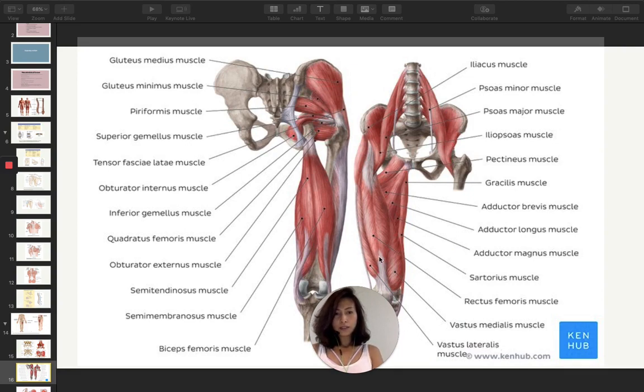So these four groups, sartorius, rectus, vastus medialis, and vastus lateralis, form what is called quadriceps, or quads, of our legs. Okay. At the back we have the glutes group, medius, maximus, and minimus, and we have these tiny little piriformis muscles